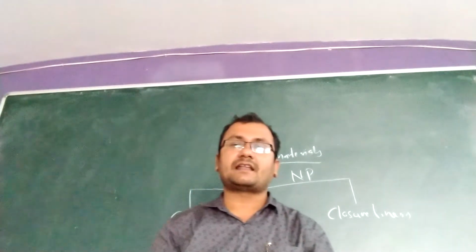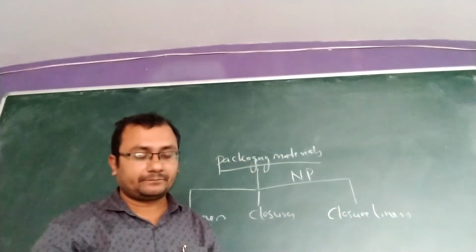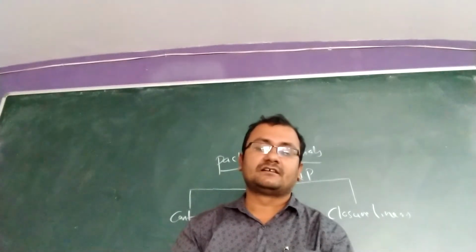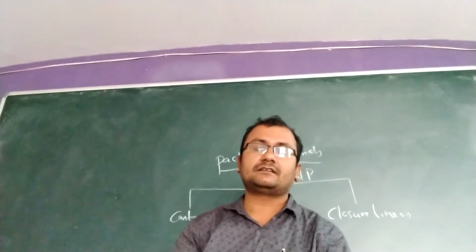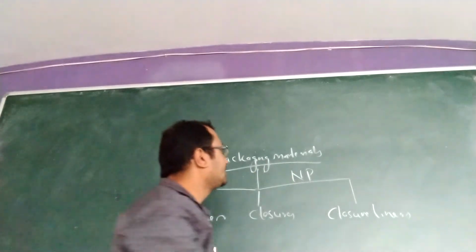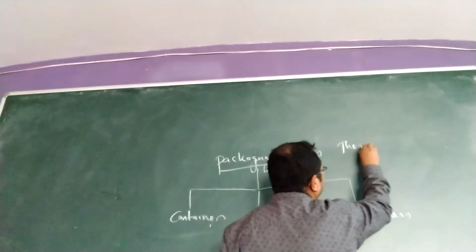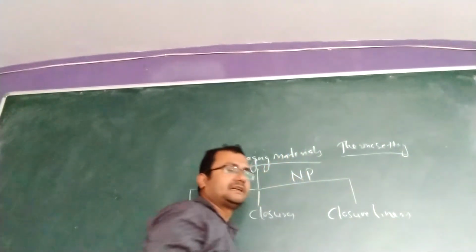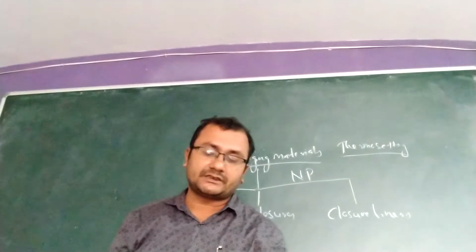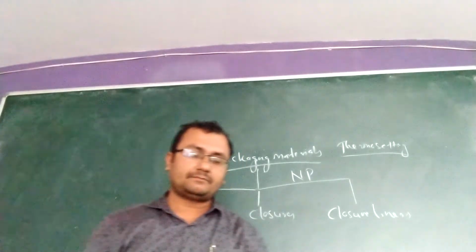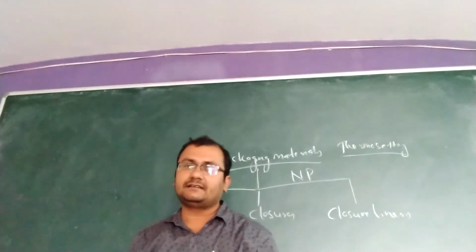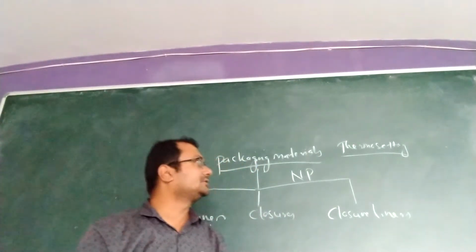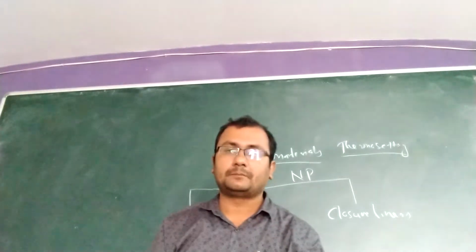Now, the next material we are using for the container is plastic. So there are different types of plastic materials. Generally, the first classification we can tell is thermosetting. In this thermosetting we are using phenol formaldehyde and urea formaldehyde, and the next one is thermoplastic. First one thermosettings, second one thermoplastics.